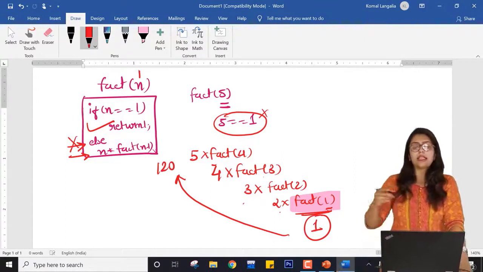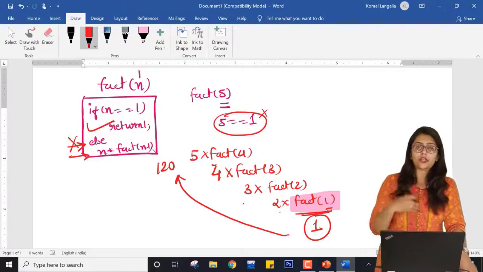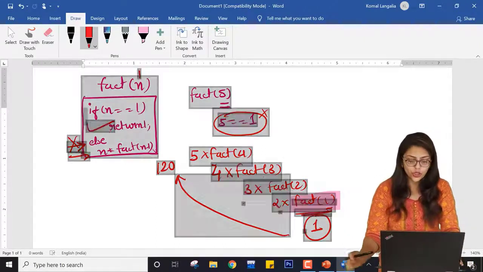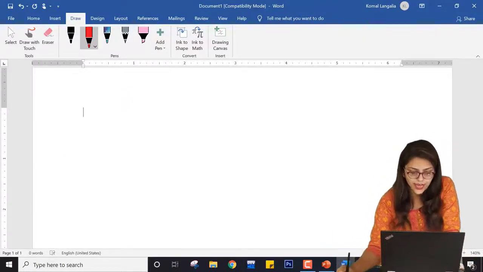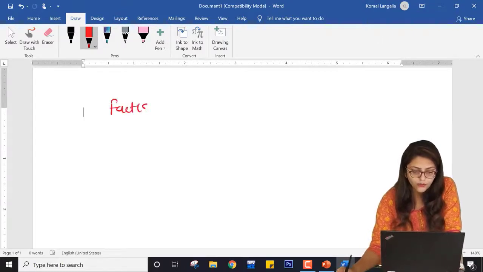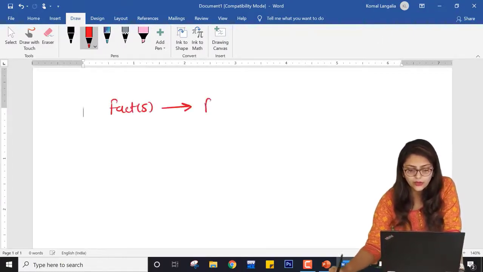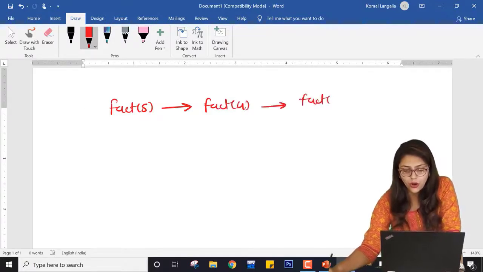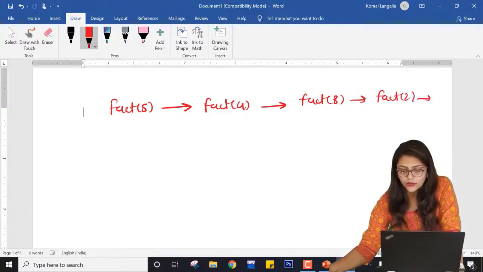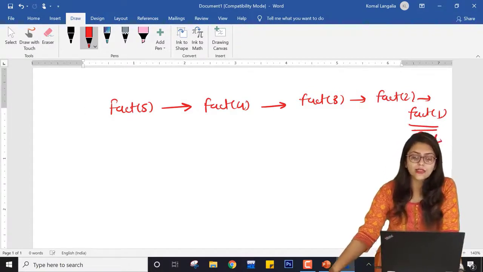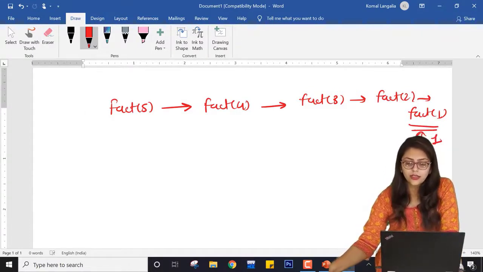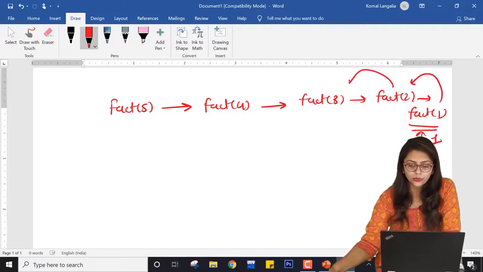But here you can see I am calling the factorial function inside the function. So the graphical representation is like this. Fact of 5 is calling fact of 4, which is calling fact of 3, which is calling fact of 2, which is calling fact of 1, and this one is returning 1 over here. As 1 is being returned, it will return it to this and then come to this.